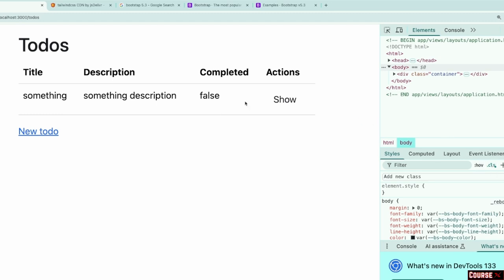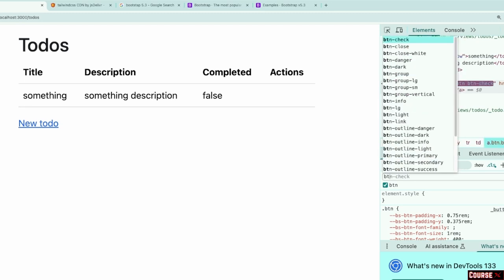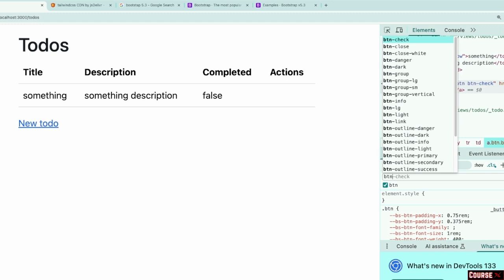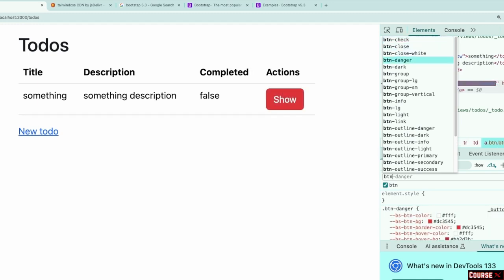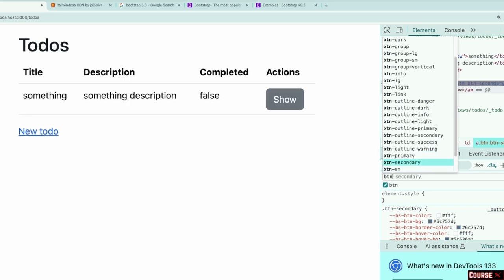When I go and select this, inspect on it, I can go ahead with this a tag and add new classes to it. So let's see what are the classes that I have. For doing that, I'll just have to click on this CLS, search for BTN, and what are the classes that I can have is not this one. Okay, or BTN danger, we will use this for delete. Do we have any other option? Okay, this one is also good. Outline info is also looking good, but this outline secondary is also good. Yeah, secondary one,